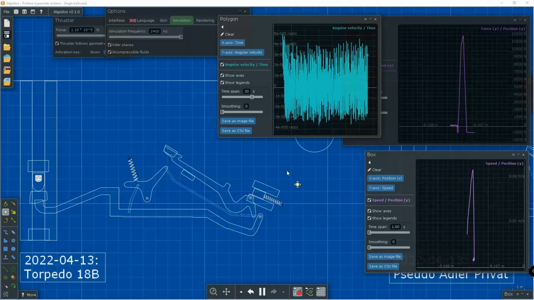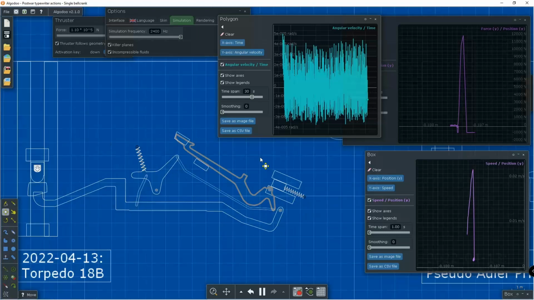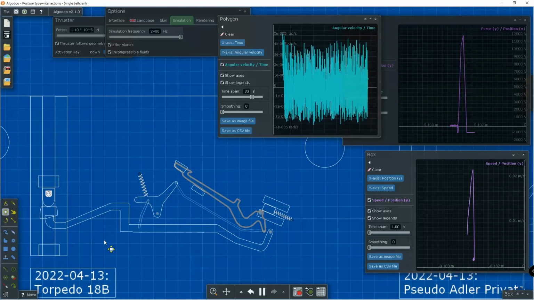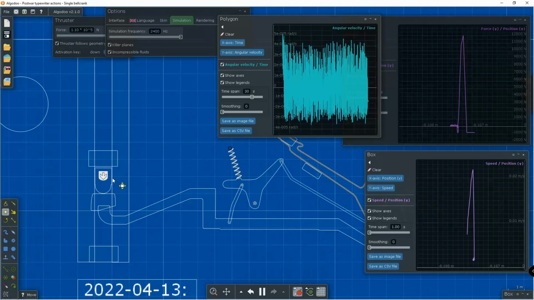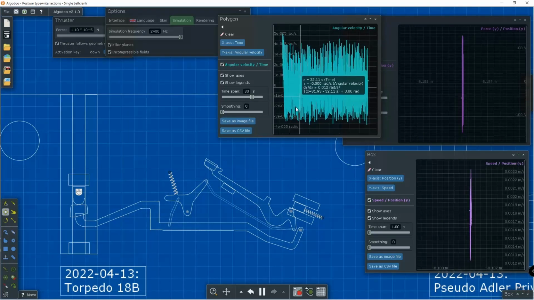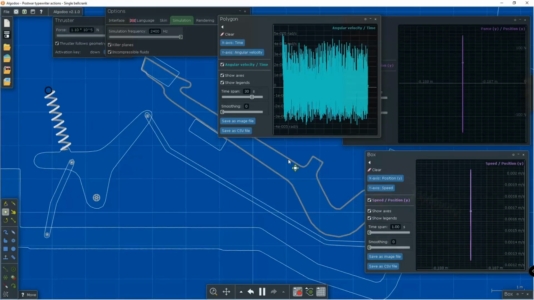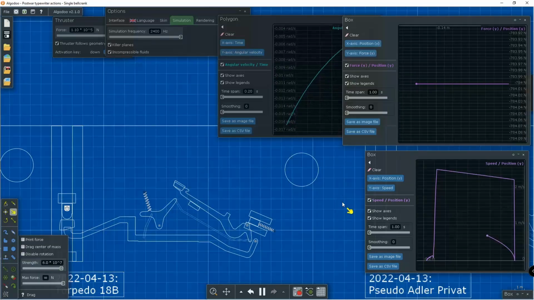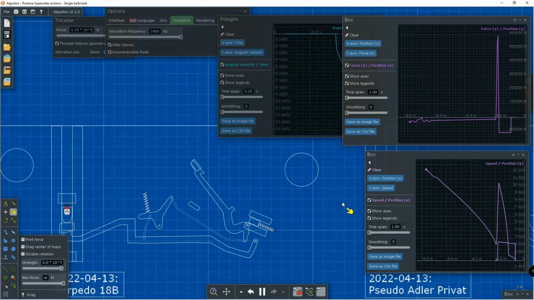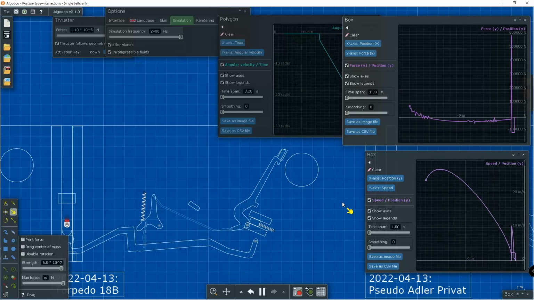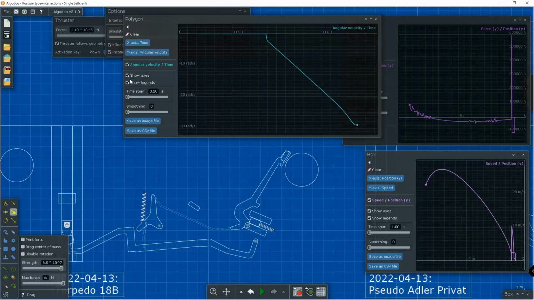One last metric is that we can measure the angular velocity of this type bar with respect to time. Now, ideally I would also be able to measure it with respect to the finger or key displacement, but unfortunately in this game I can only plot variables of the exact same object, in this case, this guy. But anyways, you can see here the angular velocity is generally increasing in magnitude by a constant rate,